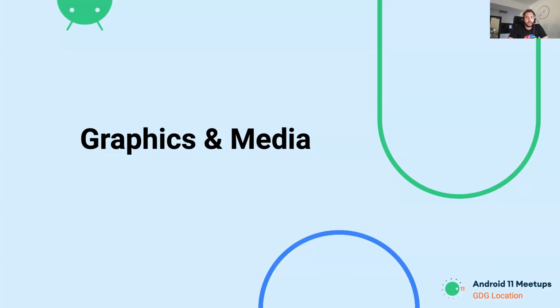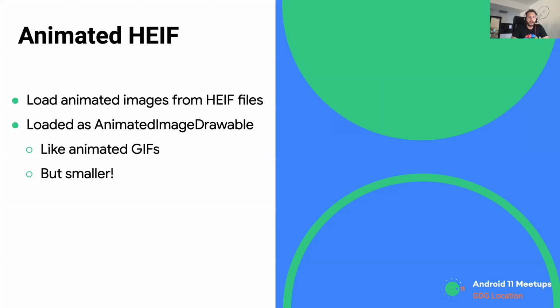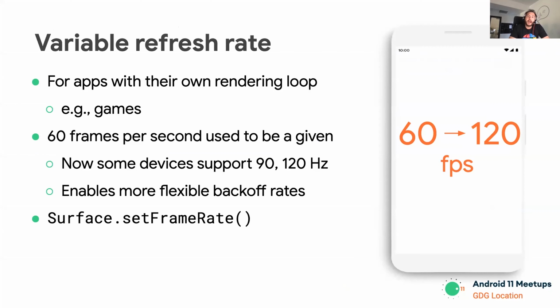Moving forward to the next section on the graphics and media side. They've added support for animated HEIF files, which are some very optimized GIF files that perform better. They've added a really nice support for refresh rates. As you know, basically devices with 90 Hertz and 120 Hertz have been showing up. And now on Surface, if we're working on the lower level, we now have a way to set the frame rate if we don't want to go as high as the device wants to, and basically control the speed of the rendering loop. This is a really interesting thing.